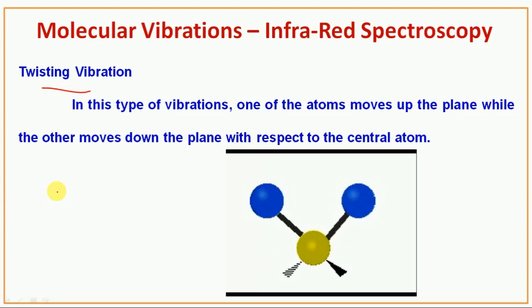In this video, we discussed types of molecular vibrations. There are two types, stretching vibration and bending vibration. In stretching vibration, there are two types, symmetric and asymmetric. In bending vibration, there are four types. What is that? Scissoring,